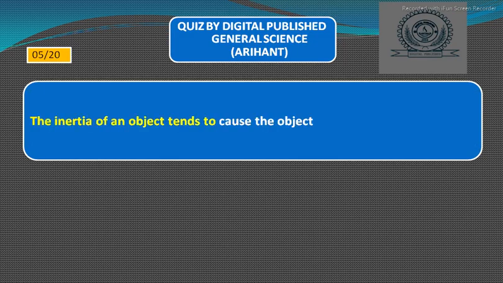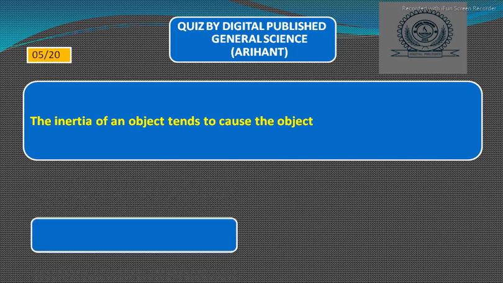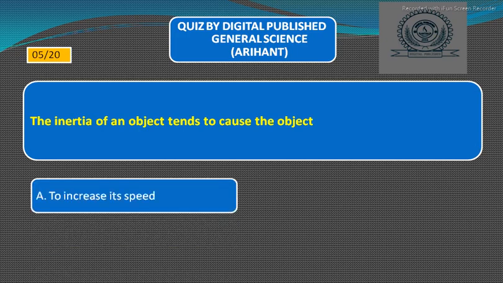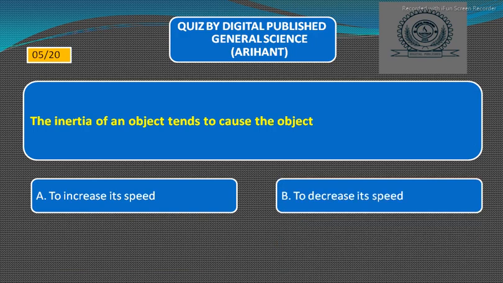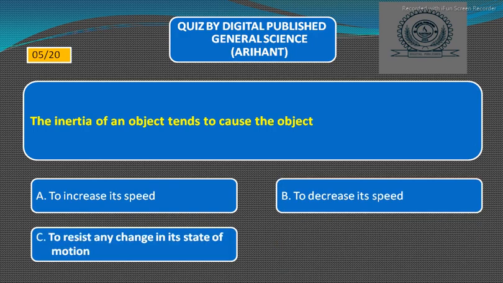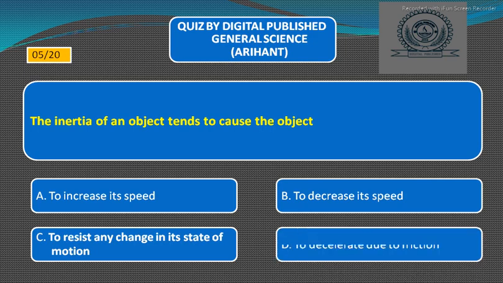The inertia of an object tends to cause the object: option A, to increase its speed; option B, to decrease its speed; option C, to resist any change in its state of motion; option D, to decelerate due to friction. তো রাইট আনসার হবে অপশন C, to resist any change in its state of motion. Next,